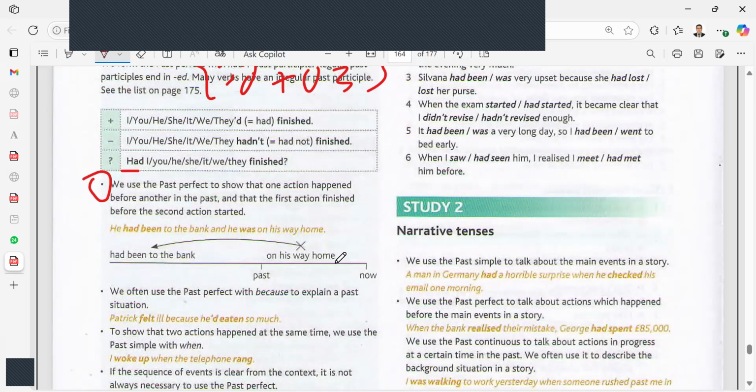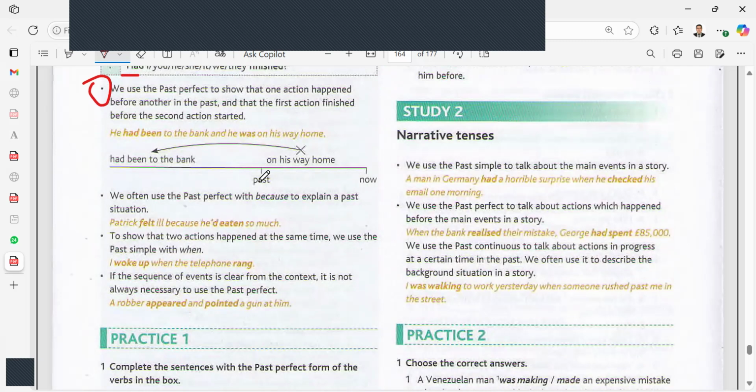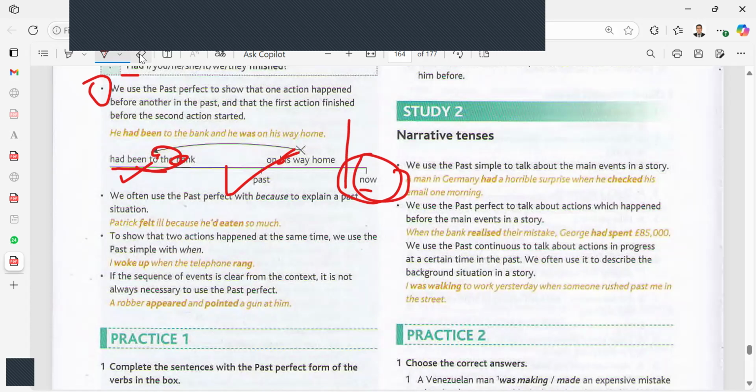زي اهو شايف الاكزامبل تايم لاين، بيقول لي هنا past now. Well, he had been to the bank and he was on his way home. يبقى had been to the bank، هذا راح البنك هو الأول. on his way home، وهو رايح البيت. يبقى أول حاجة عملها had been to the bank، وبعدين went home. أوكي؟ والحدثين خلصوا في الماضي. شايف إحنا الآن ما فيش شيء. يبقى ال went home و going to the bank الاثنين finished in the past.